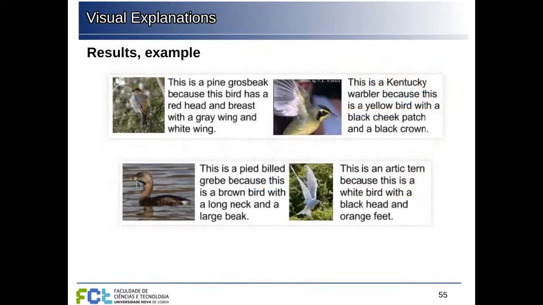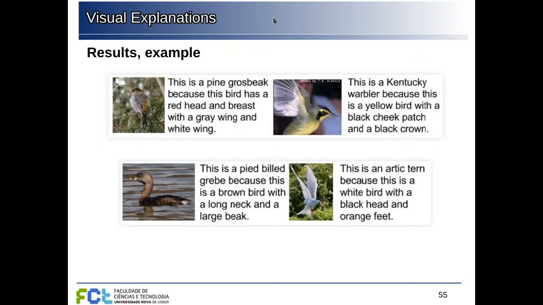And now with this, we have this kind of output from the network where you have the image of a bird. The network classifies the bird and then generates a description like: this is a pine grosbeak because it has a red head and breast with a gray wing and a white wing and so on. So the sentences are not very good grammatically and so on, but they capture what are the important aspects here. So yellow bird with a black cheek patch and a black crown and so forth. And so we can use the network not only to do the classification, but also to generate this kind of